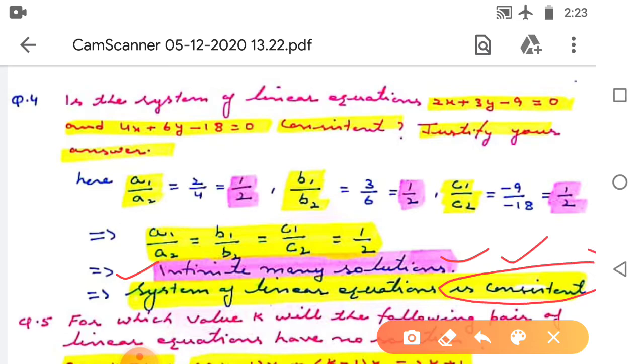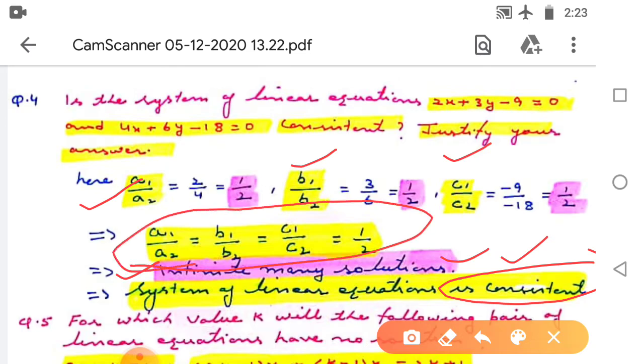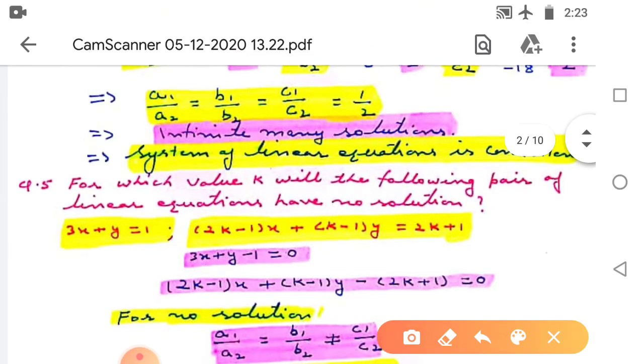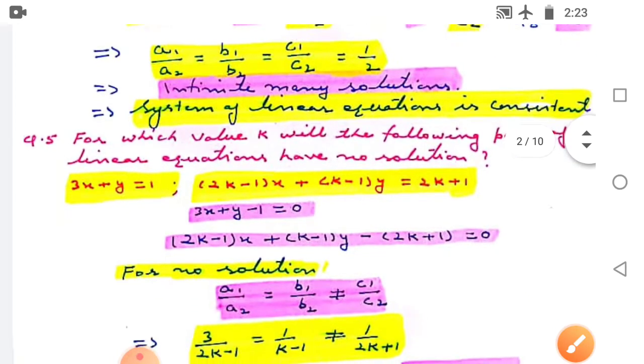Clear? So to know whether the system of linear equations is consistent or not, we need to find the values of a1 upon a2, b1 upon b2 and c1 upon c2. Then find the relation. Here in this specific question, we are getting that a1 upon a2 is equal to b1 upon b2 is equal to c1 upon c2 is equal to 1 by 2, right? So in this case, infinitely many solutions. That is why the system is consistent. So we are doing each and every type of question